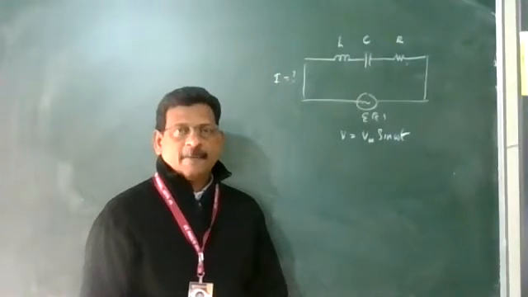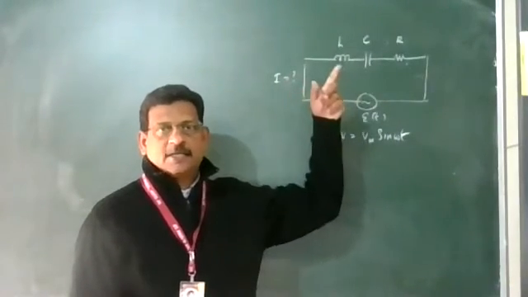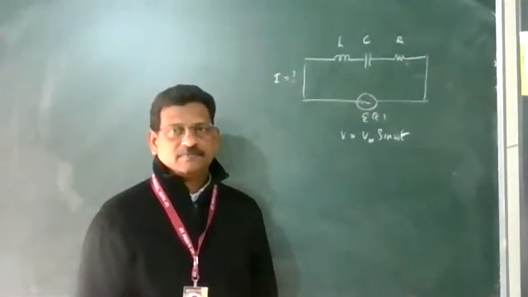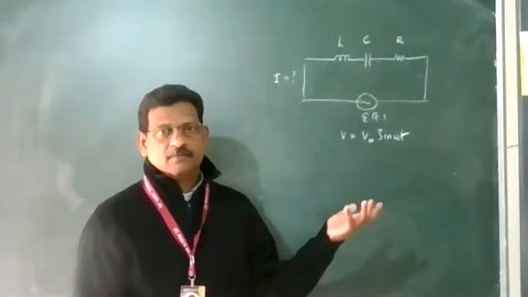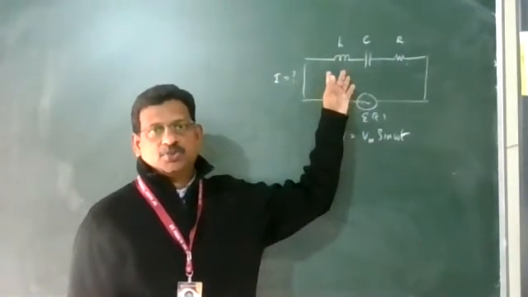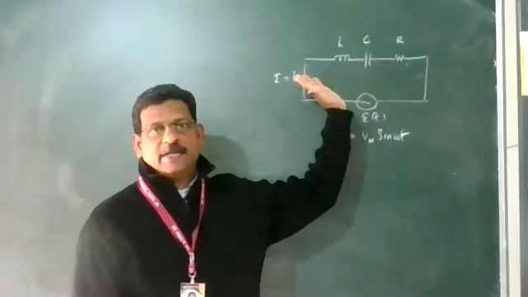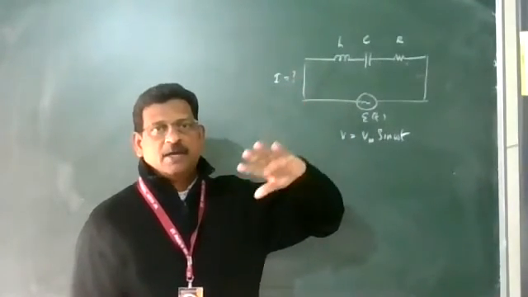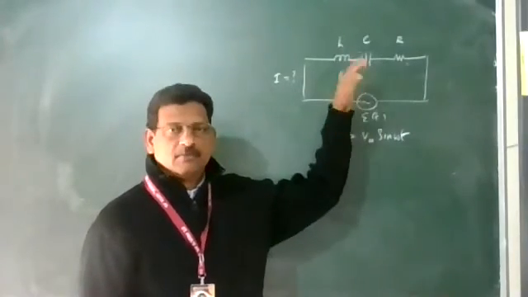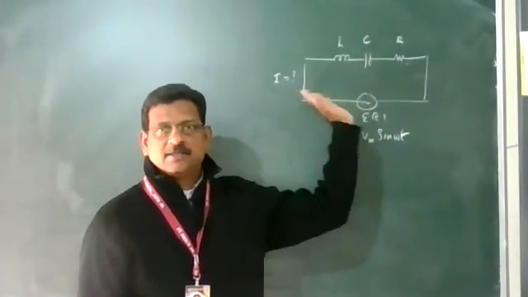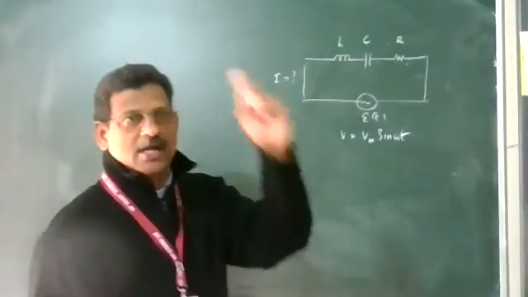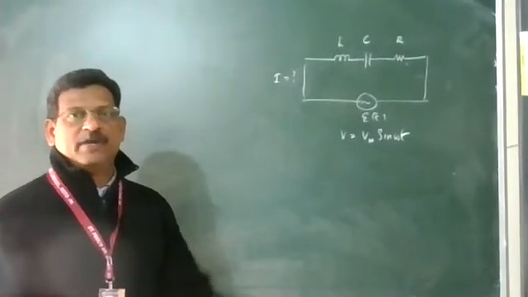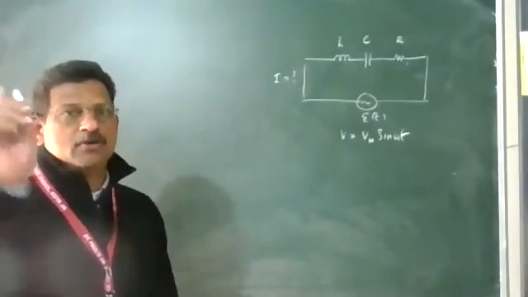So first point, it's a series connection, so current remains the same in a series connection. The current is a varying current and it will have the same amplitude, and the current will have the same phase through all the elements at the given time. So current remains the same in amplitude and in phase. L, C and R are connected in series, so the current value will be the same in amplitude and in phase in all the elements. That is the first point you want to know.